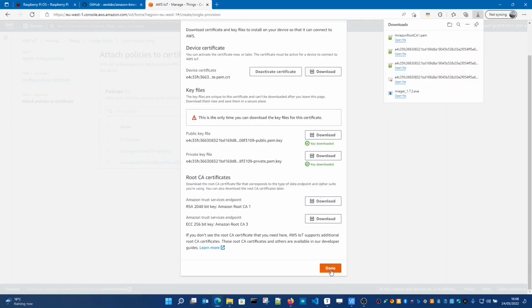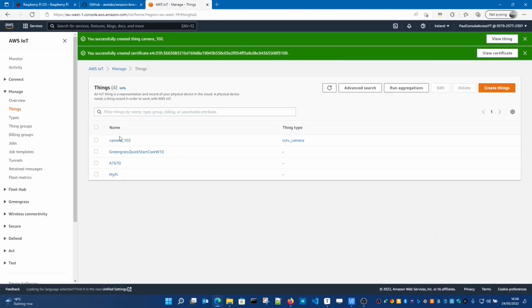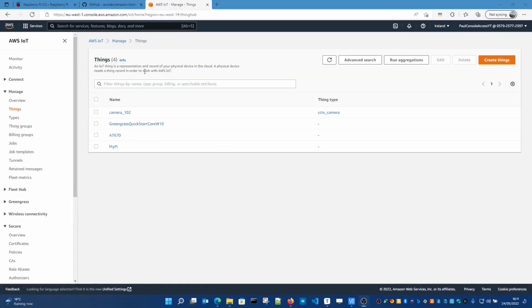And that's to keep that. Then that's done. So make sure that you keep those certificates safe. So next we need to switch to IAM to create a role that will allow the device to connect and